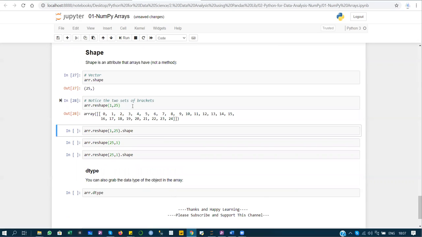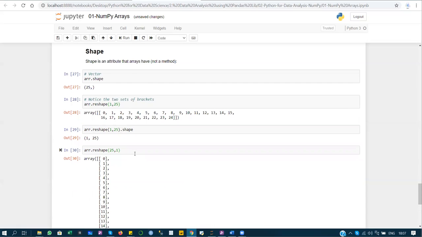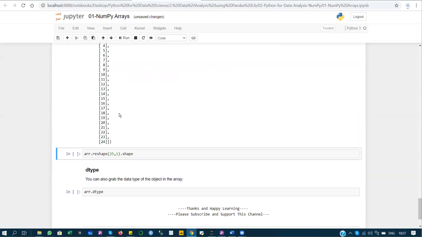So you can see that the row number of this vector is 1 and the column is equal to 25. Similarly, you can check the shape, 1 comma 25. Now I'm going to convert this to 25 comma 1, meaning row is equal to 25 and column is equal to 1. So now you can see that the shape is equal to this.